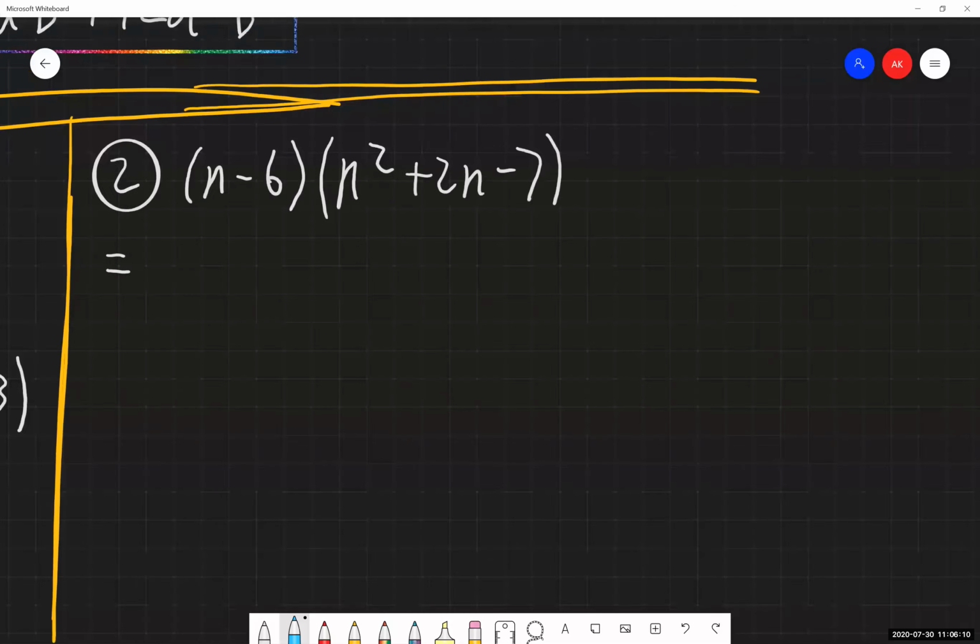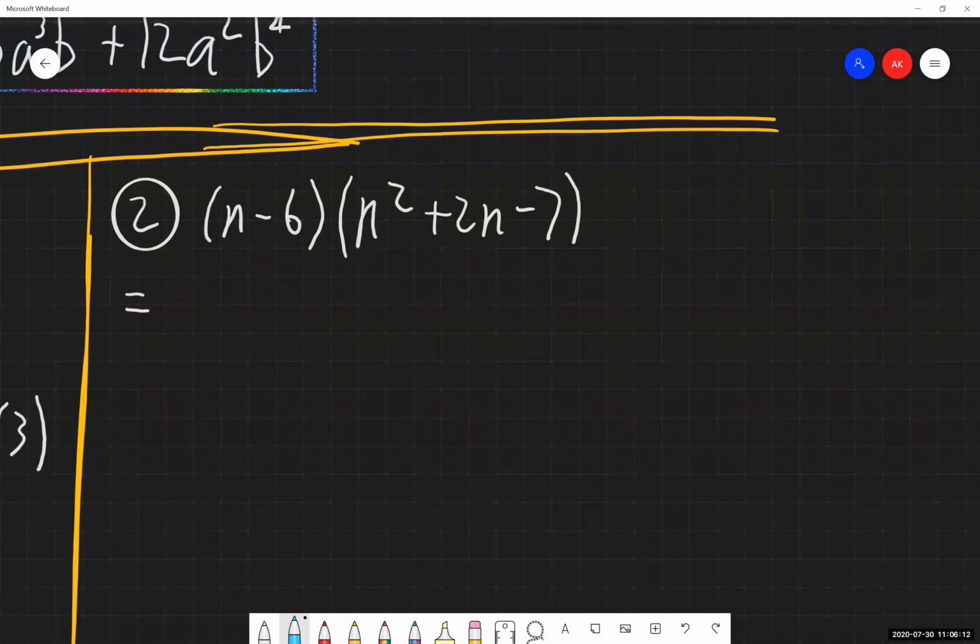Now, personally, I'm someone who likes seeing a visual of this, so if you like doing the little lines that show the distribution like that, you're welcome to do that. Once we get to these larger ones, basically anything beyond a binomial, I think it can become a little too messy for its own good in that regard. So if you want to write that out for yourself, you're more than welcome to.